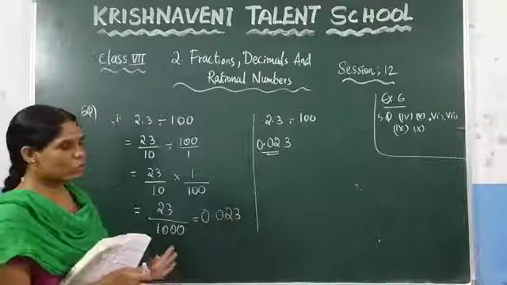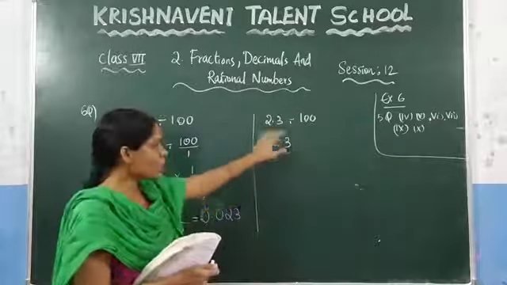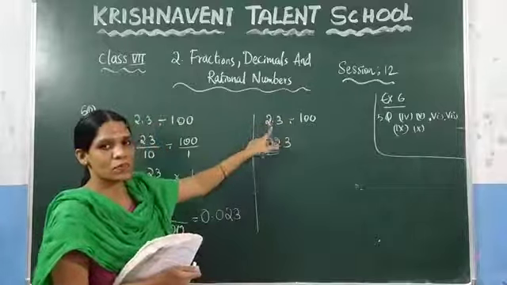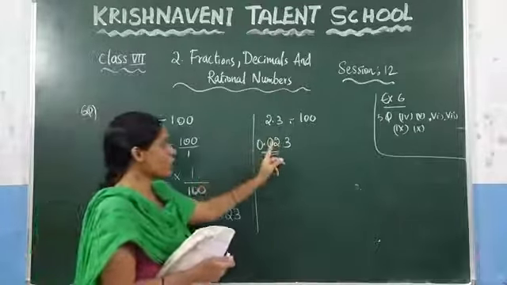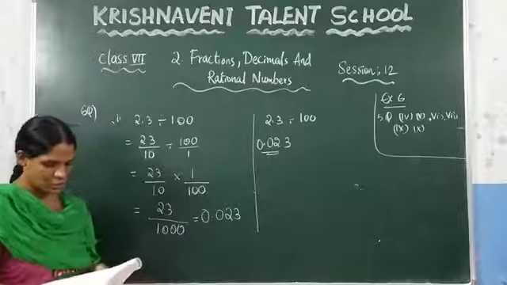Here, what we need to do, you need to count how many zeros are there. Since we are doing the division, you need to shift this decimal point to the left, that many of the zeros, and before that you need to keep the decimal point. Now see here the next question.